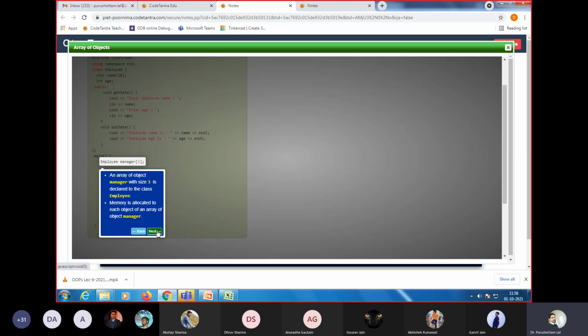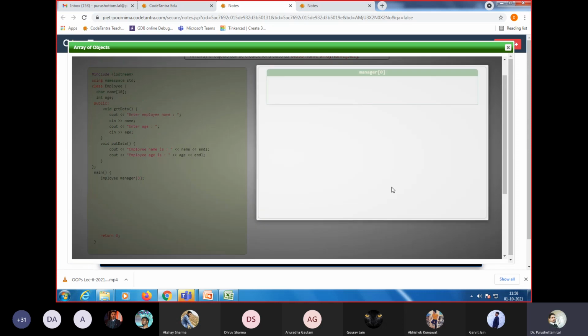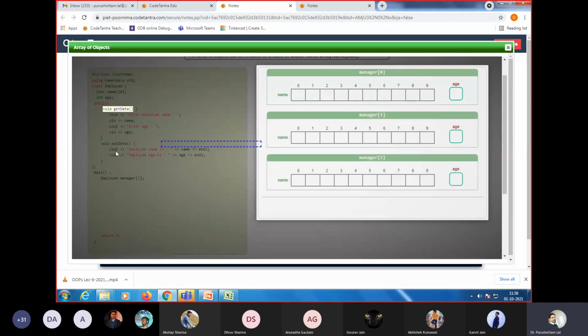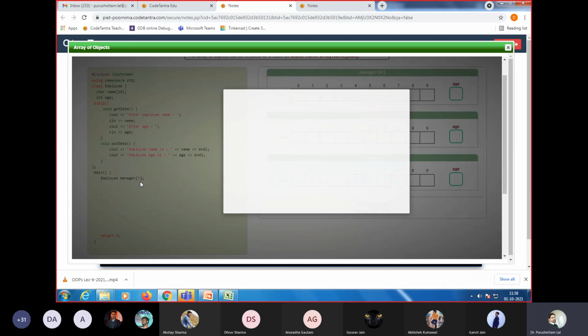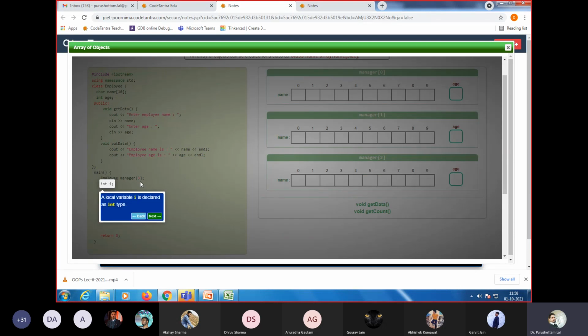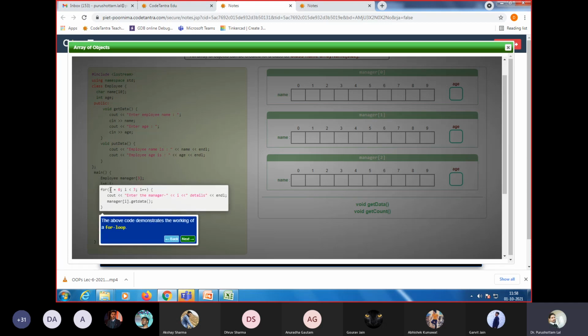3. जैसे ही हम ये डिक्लेयर करेंगे, ऑब्जेक्ट डिक्लेयर होते ही मेमोरी के अंदर स्पेस ऑक्यूपाई किया जाता है। तो जैसे हमने डिक्लेयर किया, नेम के लिए स्पेस ले लिया, एज के लिए स्पेस ले लिया, ये कितनी बार किया जाएगा, जितने आपके एरे के लोकेशन हैं। तो एरे साइज 3 थी, यहाँ पे देखो 3, मैनेजर ऑफ 0, मैनेजर ऑफ 1 एंड मैनेजर ऑफ 2, और टोटल 3 स्लॉट्स यहाँ पे बन गए। और वेरिएबल यहाँ पे नेम है, एज है, तो सभी के अंदर नेम और एज अपना स्पेस ऑक्यूपाई कर चुका है।